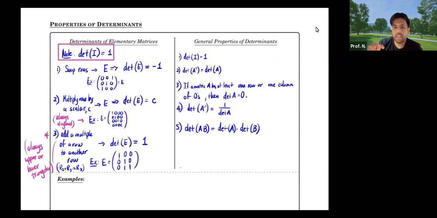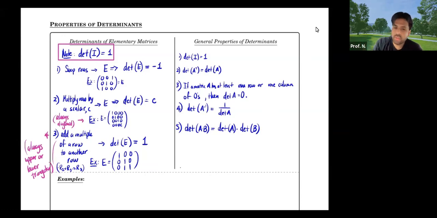And then we noticed that when we apply the determinants to elementary matrices, and there are 3 kinds, right? There are ones that swap the rows, there are ones that multiply a row by a scalar, and there are ones that add a multiple of a row to another row. And we noticed that if we swap the rows of the identity matrix, the determinant of that matrix that represents the swapping of rows, you're really multiplying by negative 1. And when you multiply a